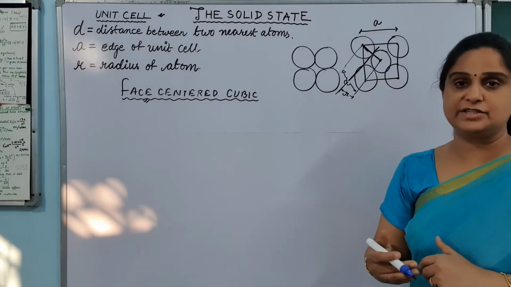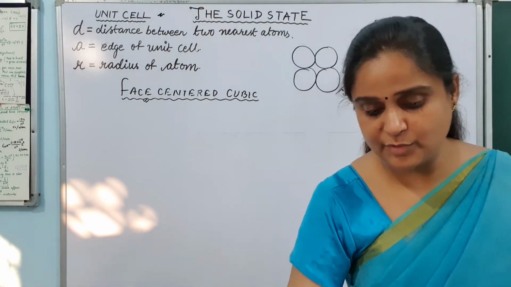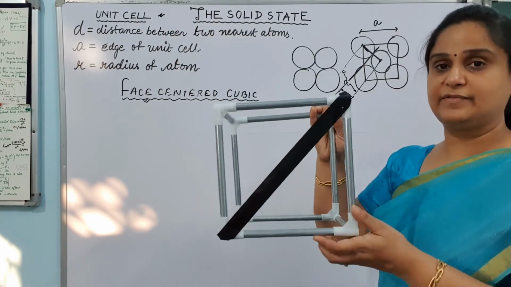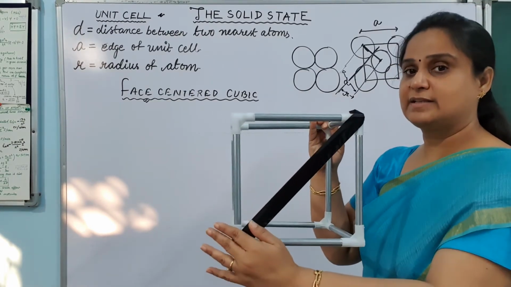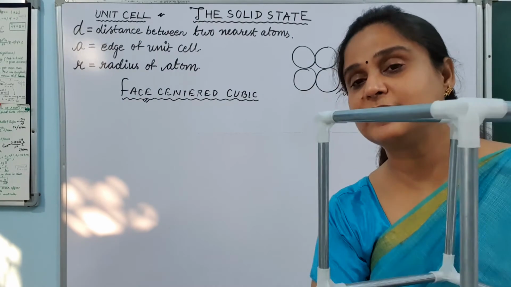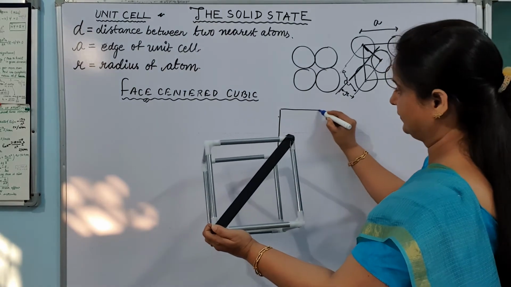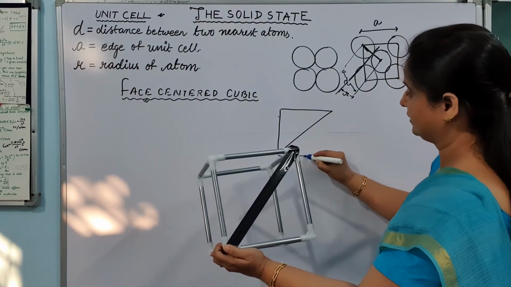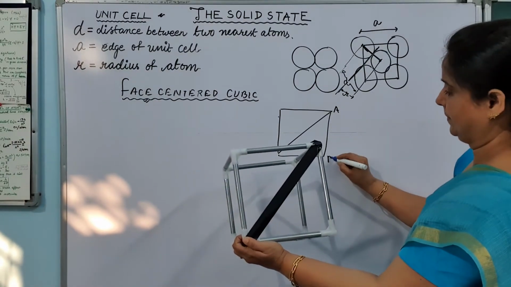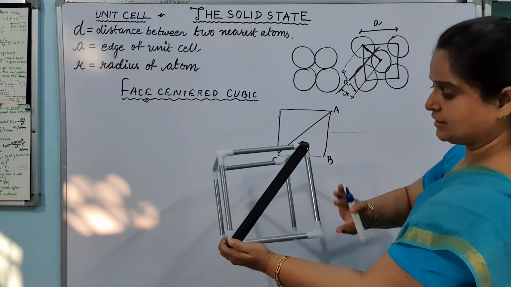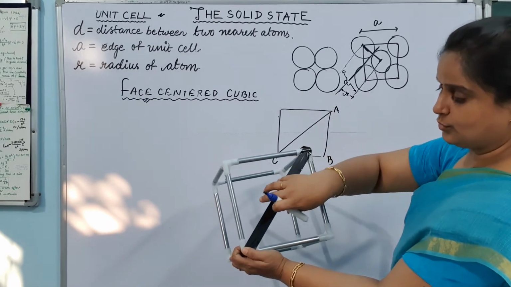So let us derive the relationship. Now we derive the relationship, and for that I am taking this model again, and I am going to show you that we are taking one face here. I have taken this face. If this is A, if this is B, and this is C. So I am going to draw the diagram in the same way. Look at this diagram. I am taking this face here. I am taking the triangle A, B and C. So this is A, B and C on the face, and the 3 balls will be like 1 ball, 2 ball, 3 ball.